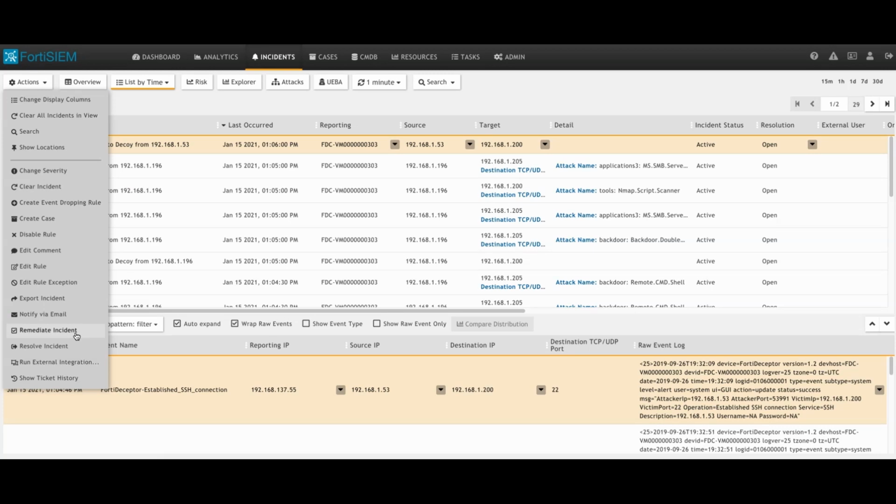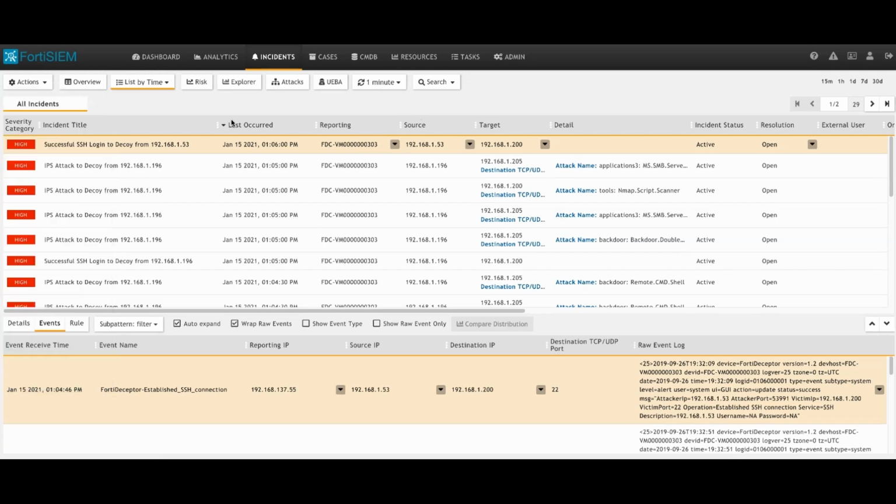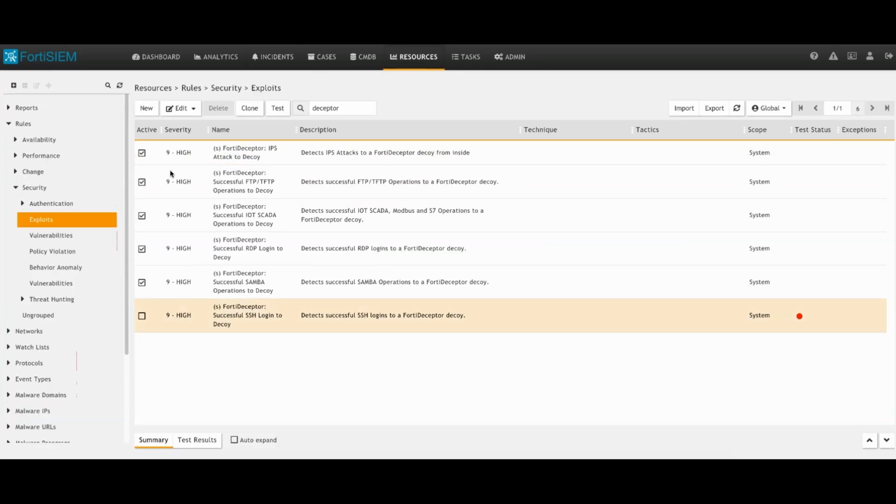If we wanted to, we could remediate this incident and automatically block this IP address on the firewall. In addition, because we've seen this SSH logon, we're also going to add this to a watch list, which I mentioned earlier. So let's just go back and look at our resources and see how this is configured in the rule. So looking at the SSH logon rule,